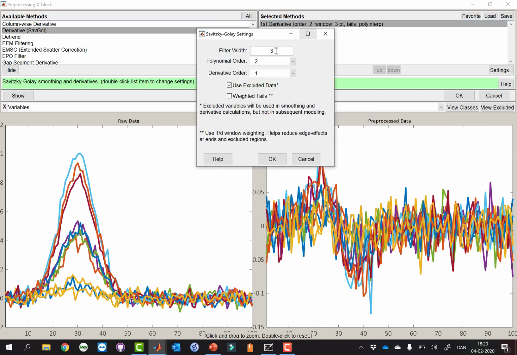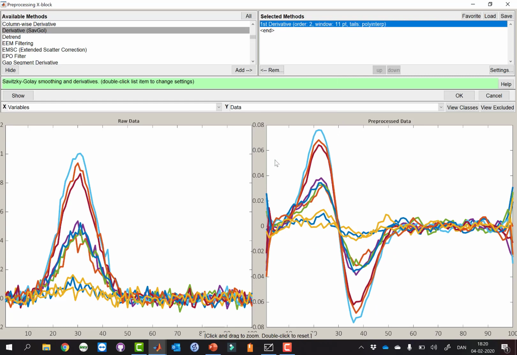So we need to find a nice compromise where we eliminate the noise more or less, and where we don't run into problems with too wide a filter. It's typically not super critical. Values between 7 and 15 are often used, depending on how long your spectra are.